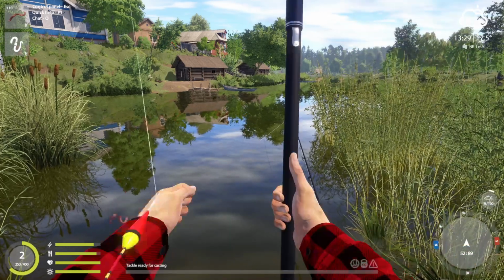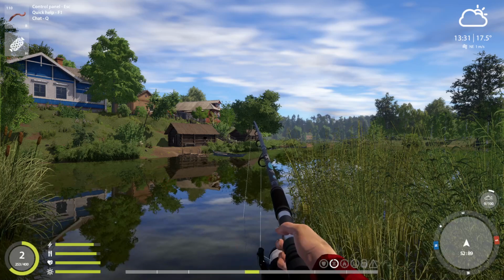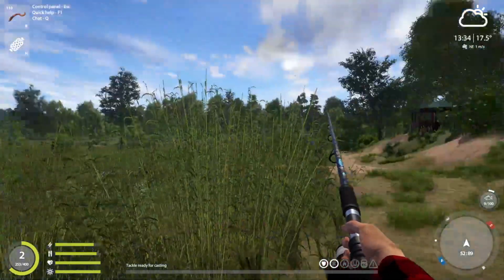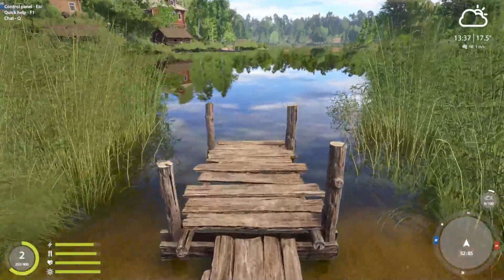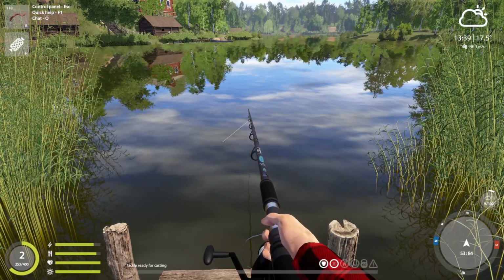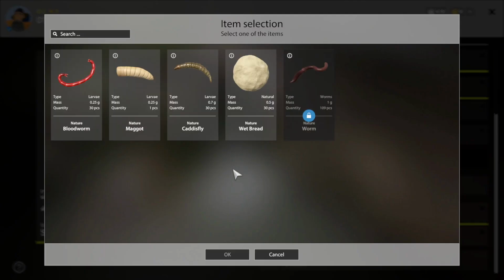Okay, we're gonna go to a different spot, because we're gonna go try for some roaches. And you can find these over here at this dock. We're gonna put maggot on. I only got one maggot though. That doesn't really help, but